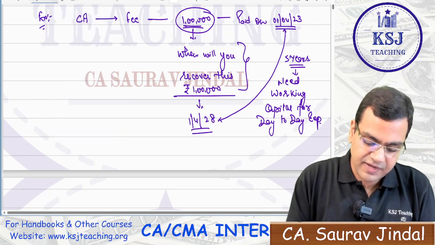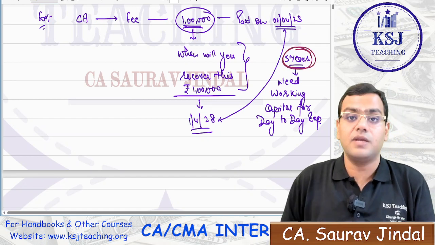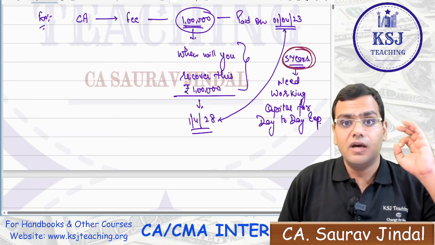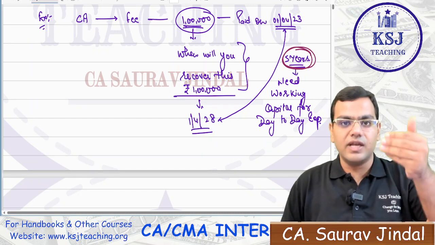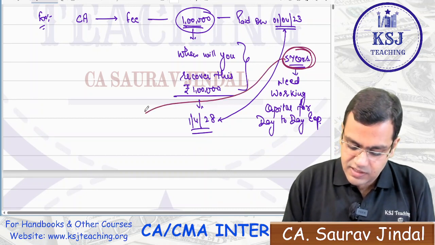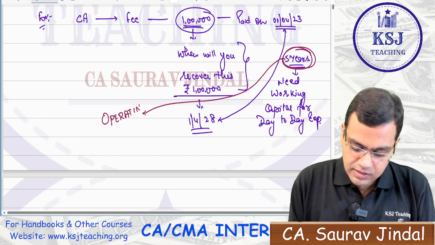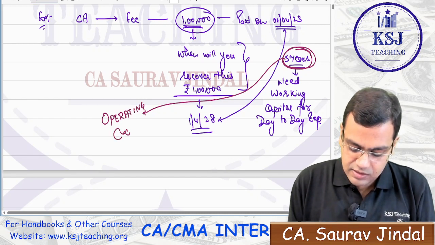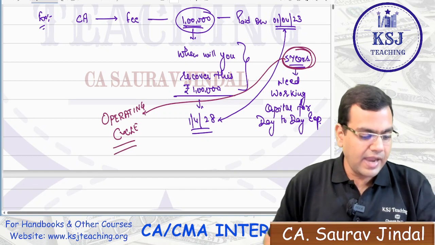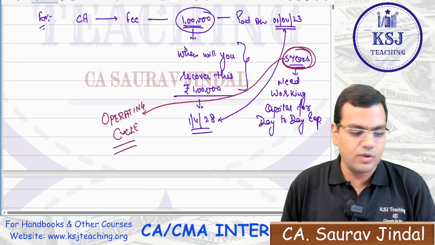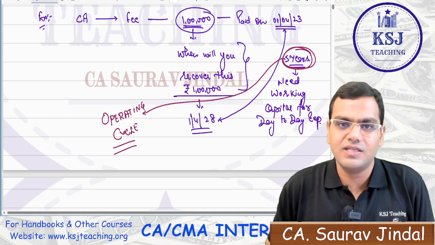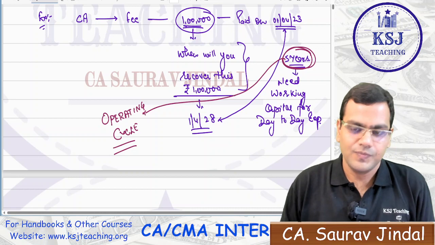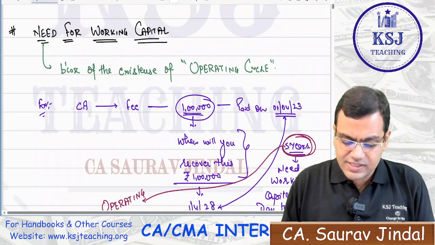Now, what is this 5 years, sir? This 5 years that we are representing, that is the time period from the time you have invested the money till the time you are going to recover that money. This 5 years is known as your operating cycle. This is the period that is called as operating cycle, and definitely, sir, you need money during this operating cycle, right, for meeting your day-to-day expenses. Otherwise, you will have to stay hungry, right? So this is the need for working capital.